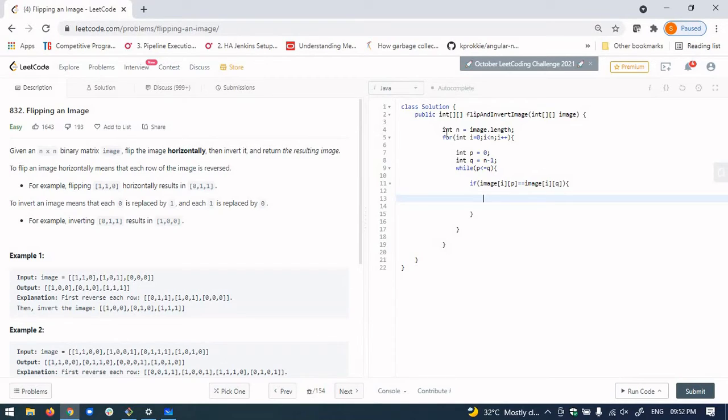So here image of i comma p is equal to image of i comma p XOR 1, and I'll assign the same value to q as well. That's it.